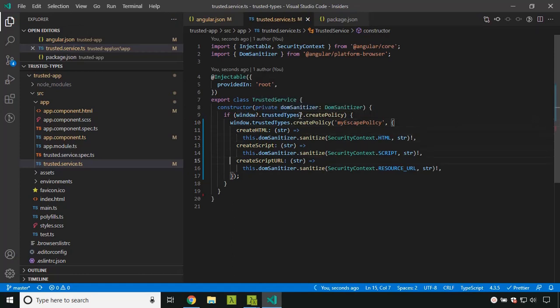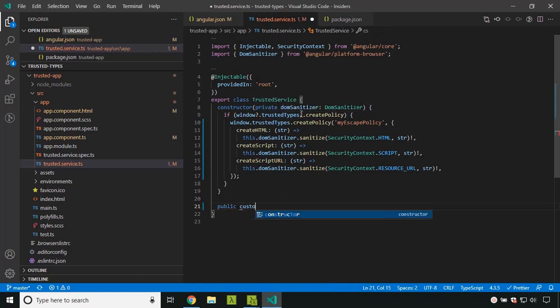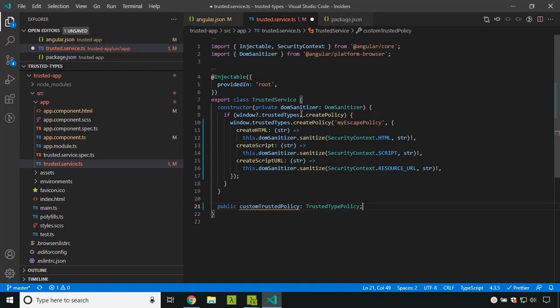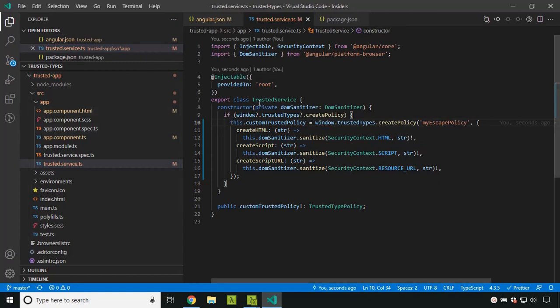So here initially we will define a property, customTrustedPolicy, of the type TrustedTypePolicy, and we will assign the return value to this property. Now we will inject this trusted service inside our app component.